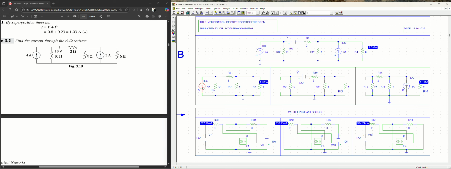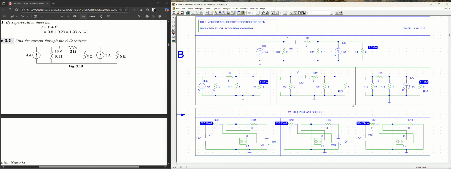The first circuit contains only the 4 ampere source, and the remaining are removed and replaced by their internal resistance. So in the first one, the voltage source is removed by a short circuit and the current source is replaced by an open circuit. The current is 1.235, and in the second circuit, okay, it is not showing, so I guess we